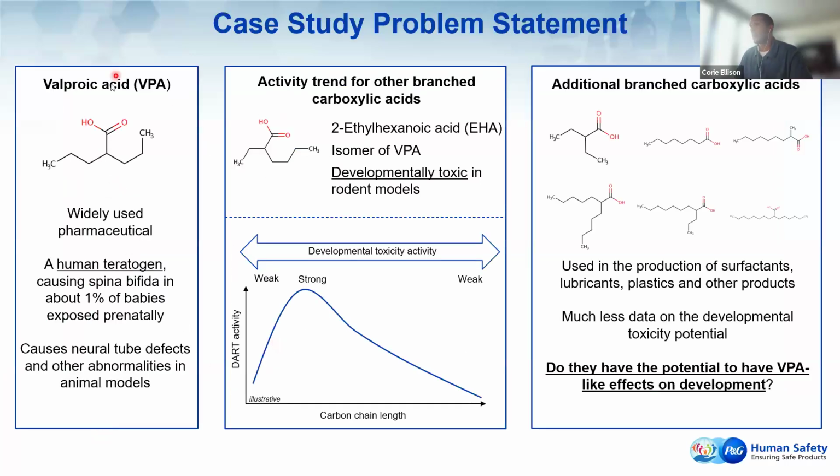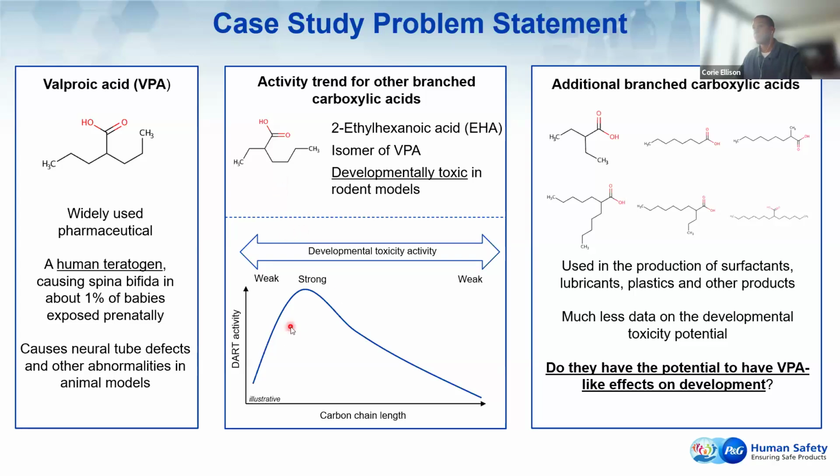The case study that I'll present today focuses on branch carboxylic acids. One of the most well-studied branch carboxylic acids is valproic acid. Valproic acid is a widely used anticonvulsant. However, valproic acid is also a known teratogen, which can cause developmental effects in human and animal models. And 2-ethylhexanoic acid is an isomer of valproic acid and has been shown to also be developmentally toxic in rodent